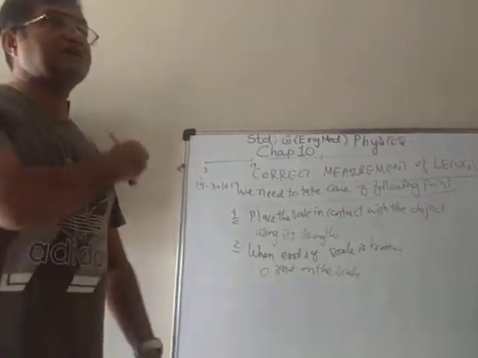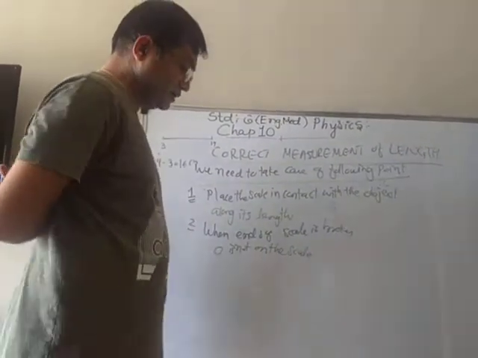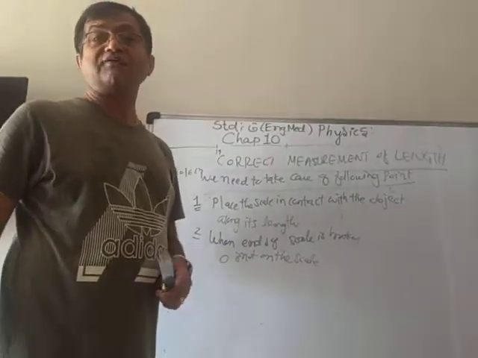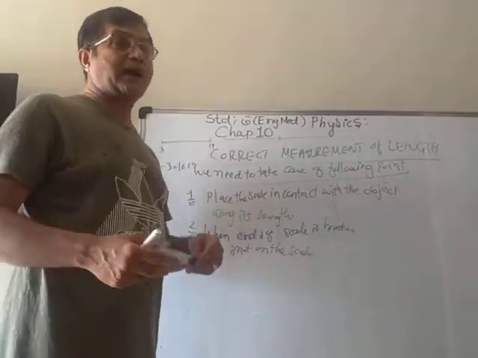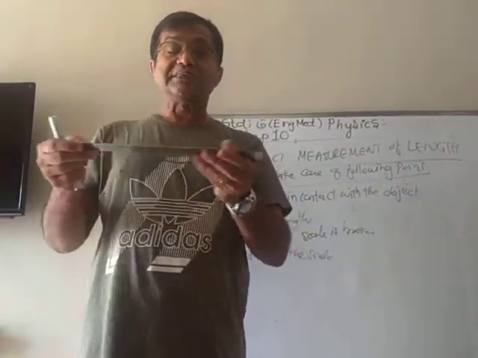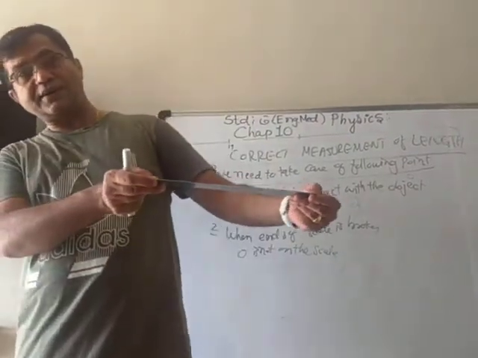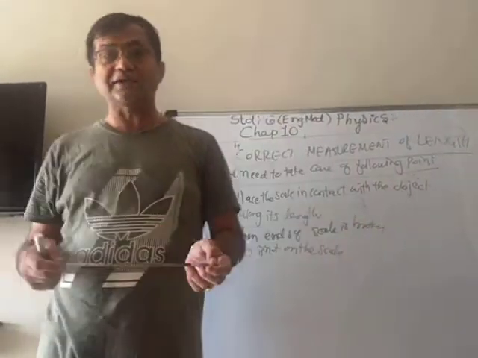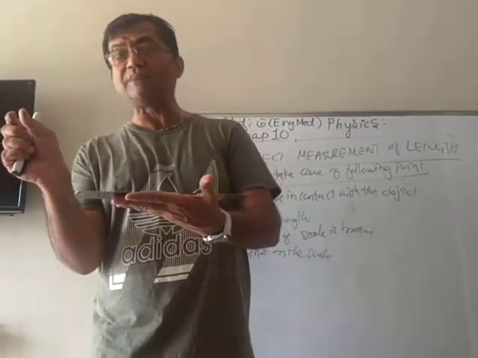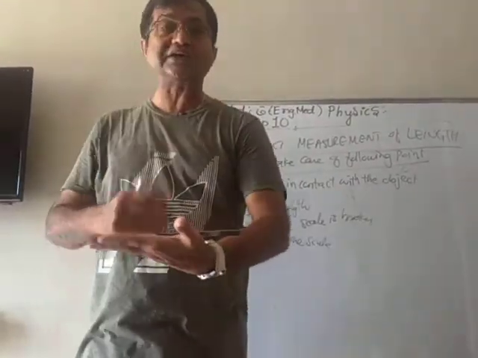So you have to be in the straight line so that the exact measurement can be noted. Now, the correct position of the eye is also very necessary. Correct position of the eye means, suppose I am using the scale and I am measuring something, then my eye must be exactly on it. I can't go from the left side, I can't go from the right side. It must be exactly there to read, otherwise some less or some more measurement can be read because the eye is not exactly on it.